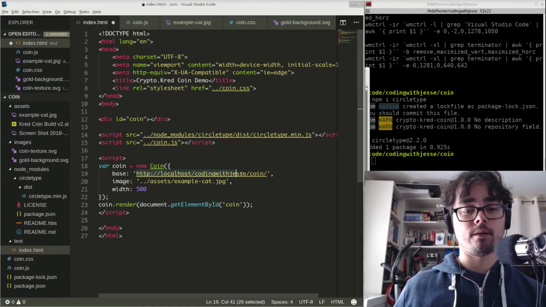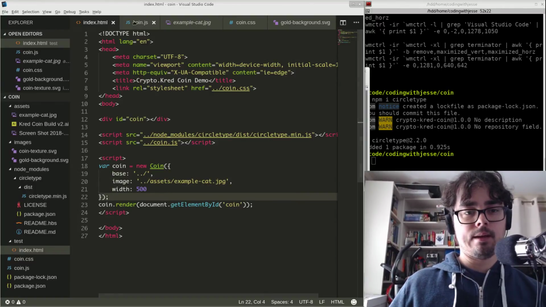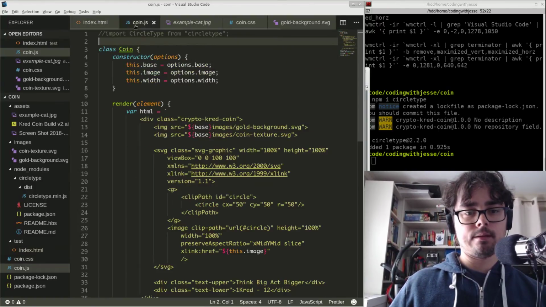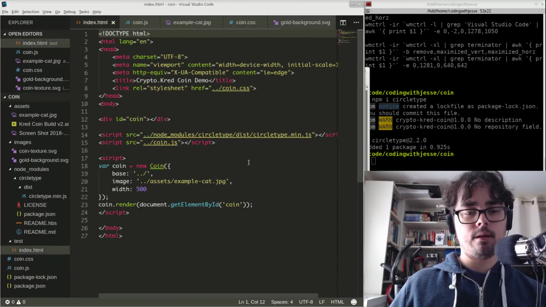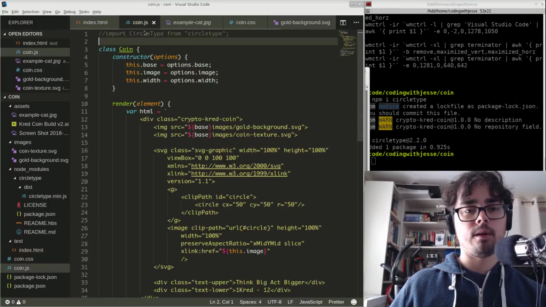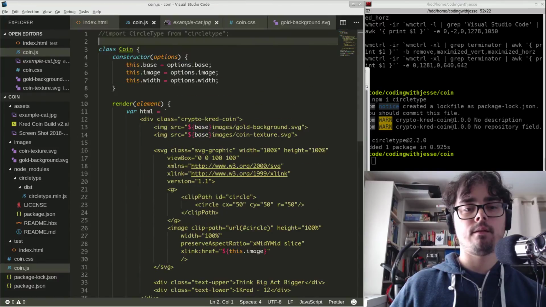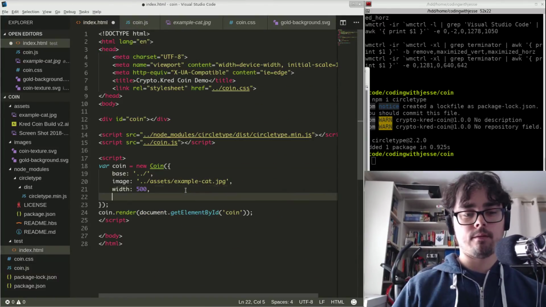And then I don't actually have to do this. I can just do dot dot. Yes. And then straight up, it's not going to work, right? It's blank. Because what I need to do is change. Oh, I need that text in there too. Let's do that all at once. So